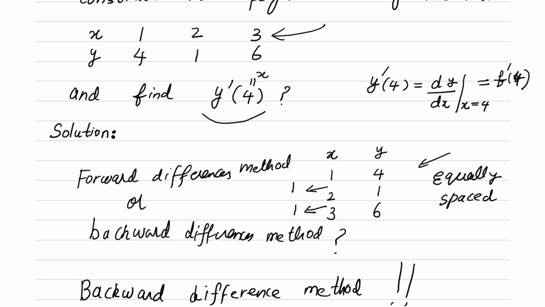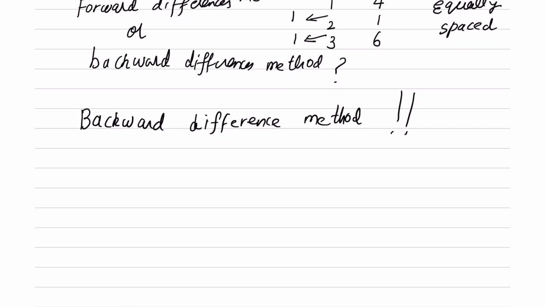If we needed to find the derivative, let's say at x equal to 0.5, and 0.5 is closer to the start of x values, meaning 0.5 is closer to the first x value, which is 1, we would have used the forward differences method. But here we have to find a derivative at 4 and x equal to 4 is closer to the end of x values. So we will use the backward differences method. So first we will write Newton's polynomial for backward differences, for the 3 points data, because our data contains 3 points,